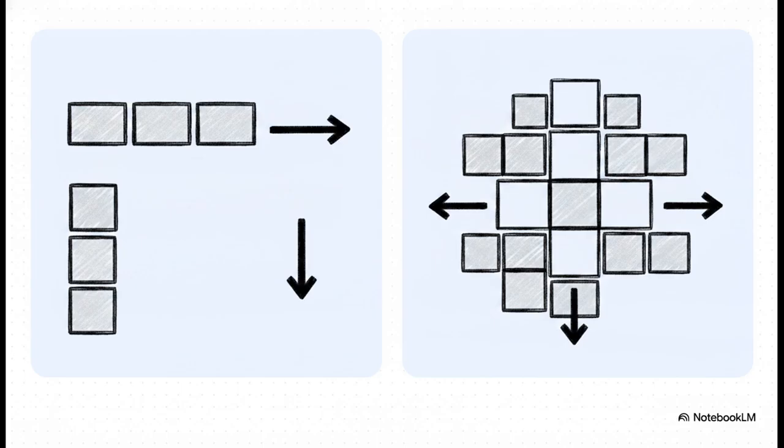First, we have Flexbox. Flexbox is explicitly designed for one-dimensional layouts. It excels at distributing space along a single axis, so either a single row or a single column. On the flip side, we have CSS Grid, which is an absolute two-dimensional powerhouse. Grid lets you work with both rows and columns at the exact same time, giving you total control over items